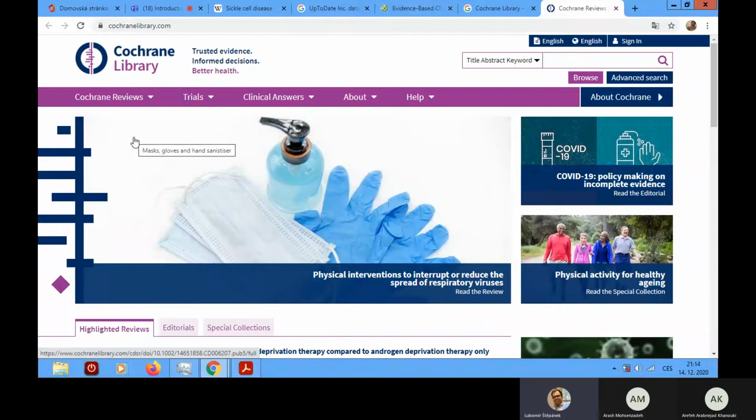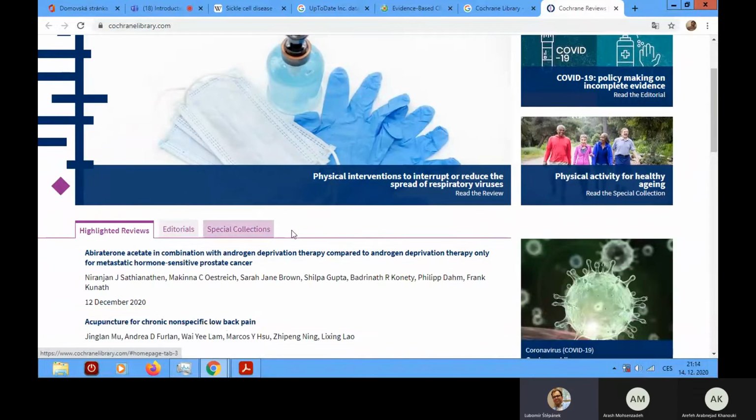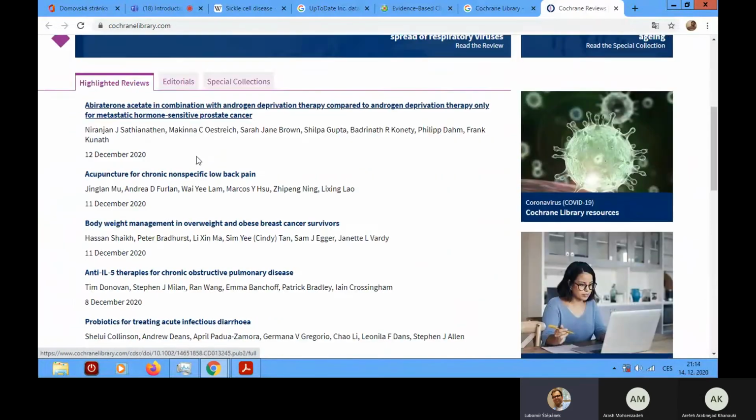So it means that even despite the fact that they could focus on the same topic, they could bring different kinds of answers. And meta-analysis is something which usually tries to overcome these difficulties and offer one final answer, something like this. So also good to know about Cochrane Library.